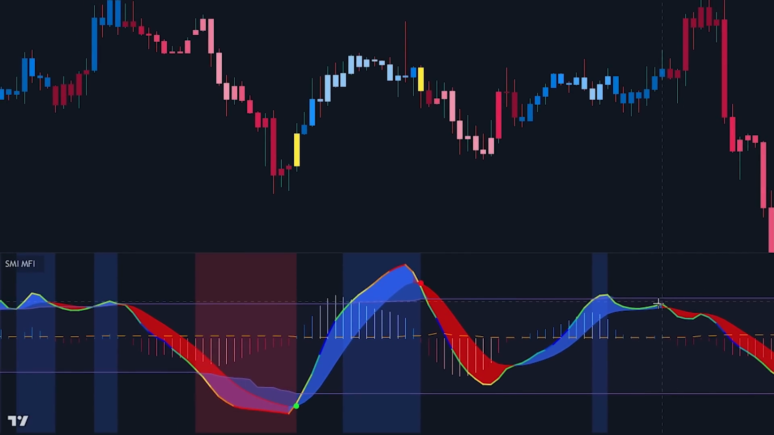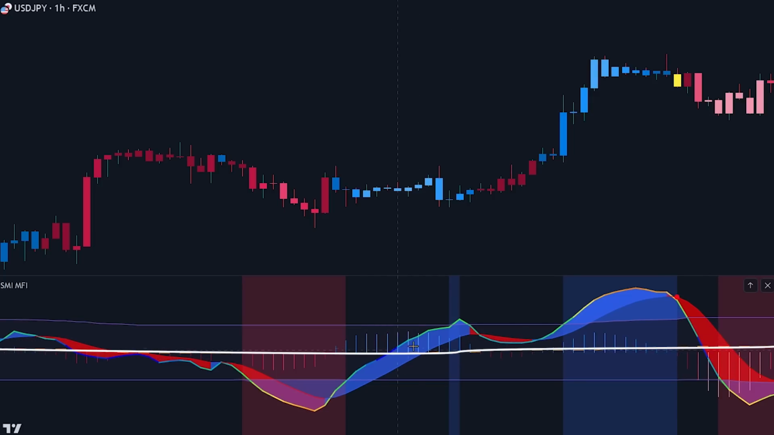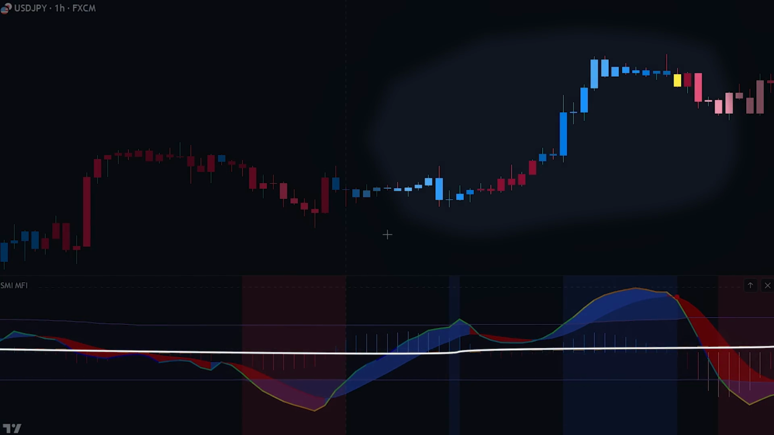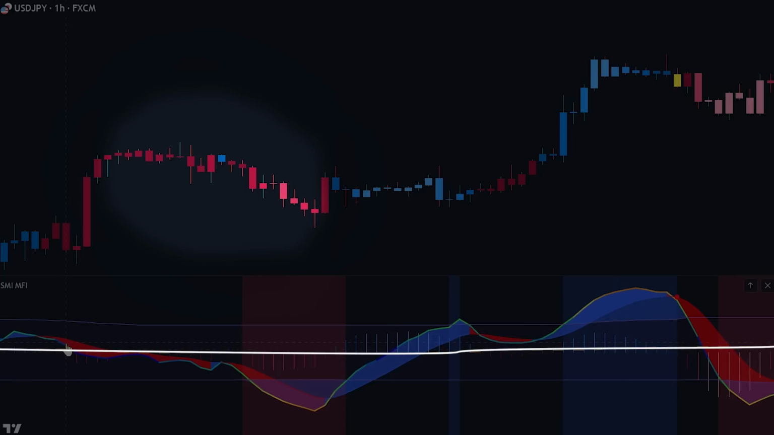A stronger version of this signal occurs when the crossover takes place above or below the purple dynamic zone lines, adding additional significance to the potential trading opportunity. Another crossover signal to consider is when the SMI MFI line crosses above or below the center line. If the SMI MFI line crosses above the center line, it suggests a longer-term bullish trend, indicating potential buying opportunities. On the other hand, if the SMI MFI line crosses below the zero line, it suggests a longer-term bearish trend,